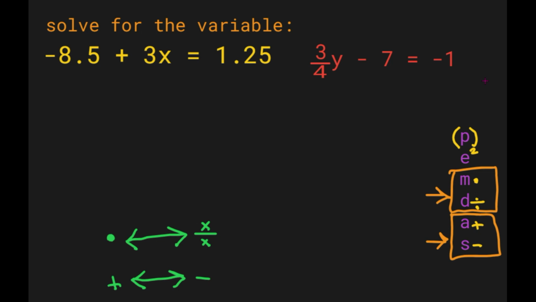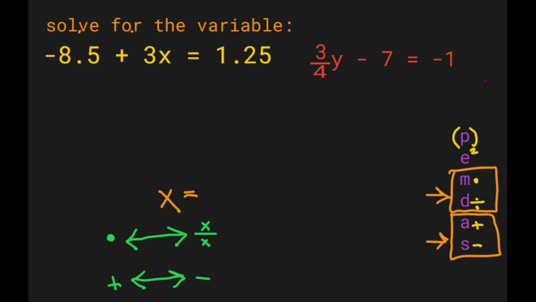I have this x here. I know I want to get rid of this positive 3 and this negative 8.5 because I want x by itself. At the end of this problem, I want x equals. So I need to move all these numbers to the other side. All right. I'm going to focus on this negative right here. This negative is just kind of sitting on this side of the equation. This positive 3x is sitting here. They're almost like